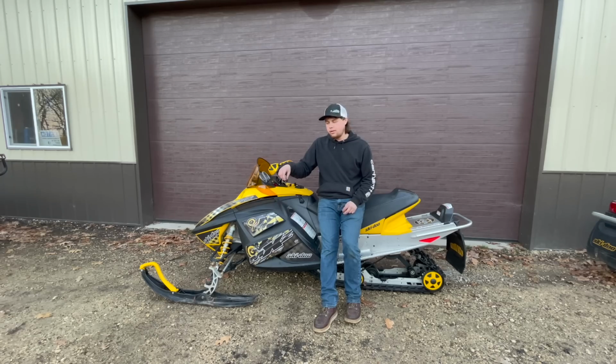Now, the seller told me this thing was blown up, it had no compression, and it needed a recoil because there's no pull start here. He did give me the pull start handle. No way to know if the recoil is actually good or bad until we get it apart. I pulled the side cover off, turned over the primary clutch, and the engine did turn over freely, so I know it's not locked up at least. So I took the gamble and gave him $1,000 for this thing,